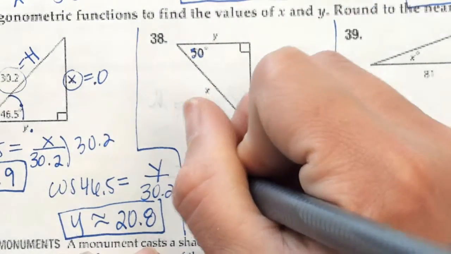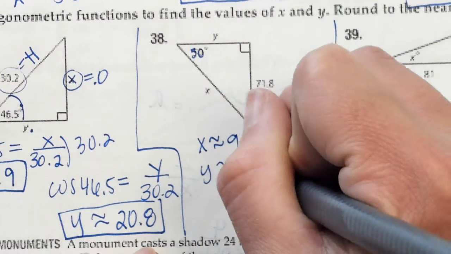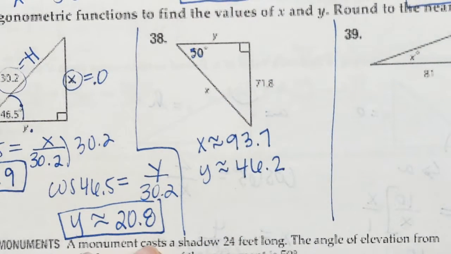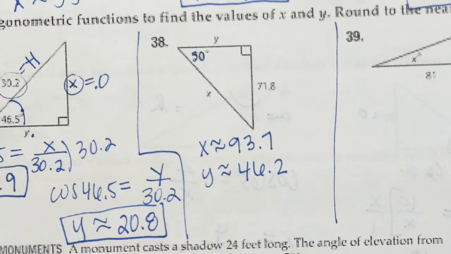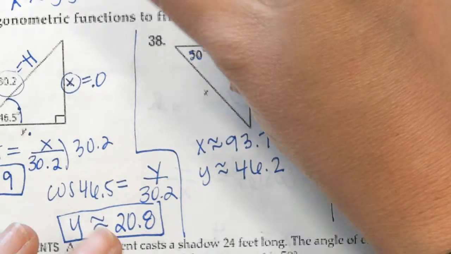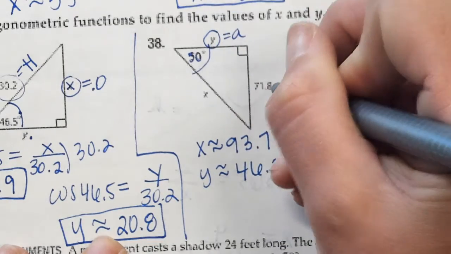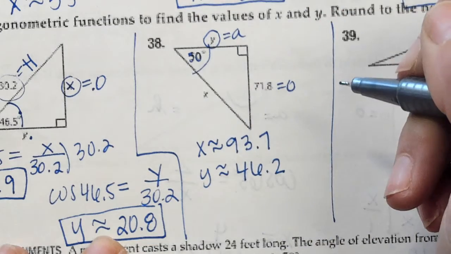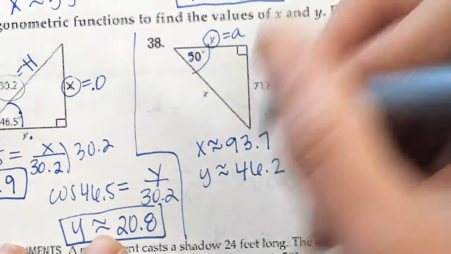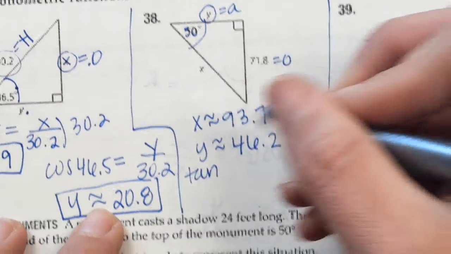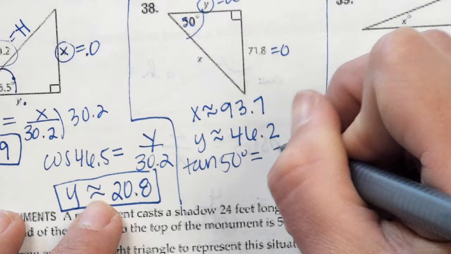Toby, what'd you get for y? Alright, what do y'all think? Do we need to go over this? Okay, let's start. Y'all said with the y. Alright, if we have 50 right here, what trig function are we going to have to use to find y? What is y compared to 50? What is this? So we have to use what trig function? Good. So it'd be set up as tan of what? Equals